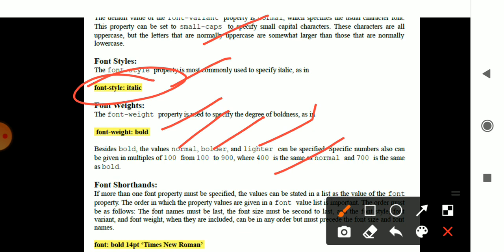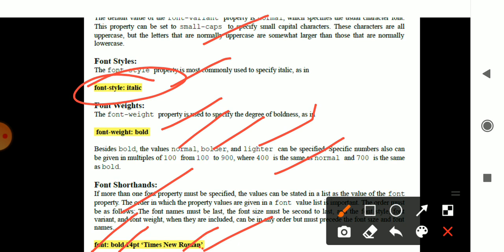Okay, so now another thing in the font family is the font shorthand. Font shorthand means I want to specify all the aspects of the font in a single line. All the things can be specified in a single line. Like this, you can check out: font bold 14 point Times New Roman. So you have font, then bold, 14 points and Times New Roman. All these aspects change the appearance of the font, which belongs to your font family variants.